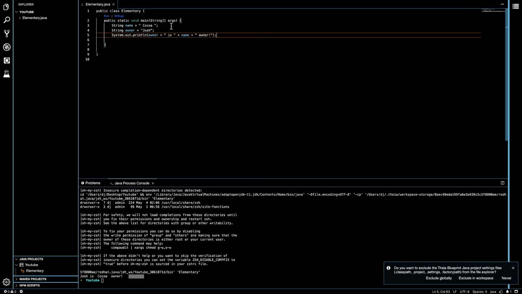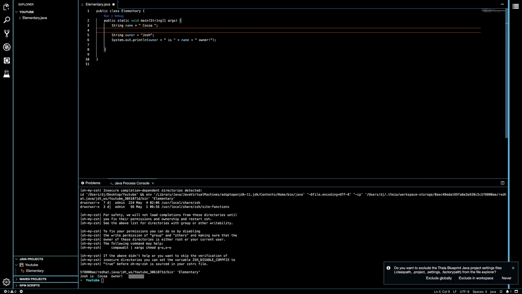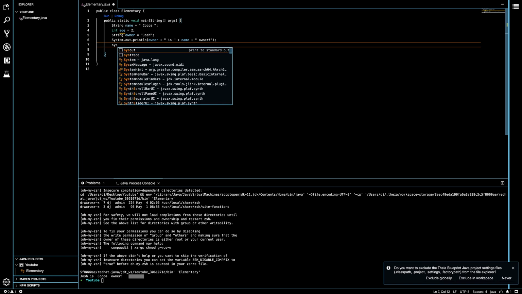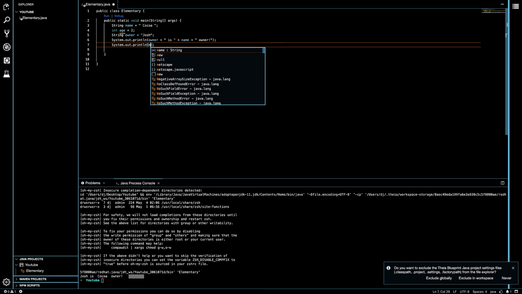Now, what if we want to add the age of Coco? We can say this is going to be an int. An age is an integer, right? I can say age equals 2 years. Yeah, she's a big girl. And now I would like to print it, right? I would like to print Coco is 2 years old. I would say this is name